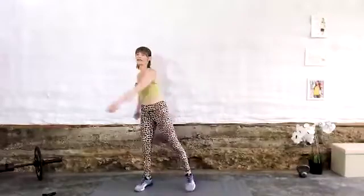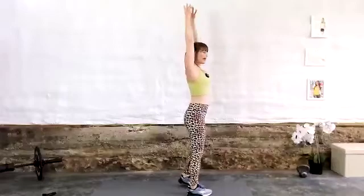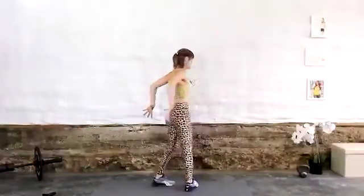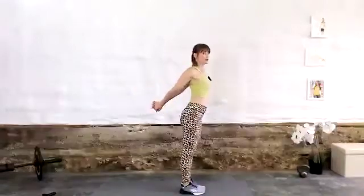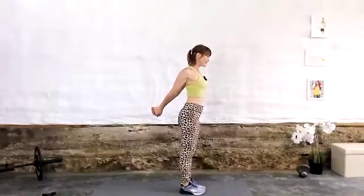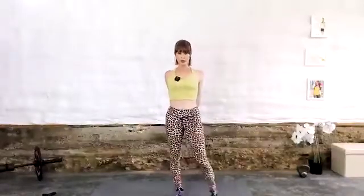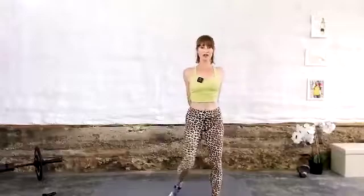And relax. Take your arms up over your head, big inhale. Exhale, big circle, back behind you. Interlock your fingers, press back, open your chest. If that feels good, bring it down to your tailbone. Really press your chest forward. Really squeeze your shoulder blades towards each other so that you get the stretch in the front of the chest